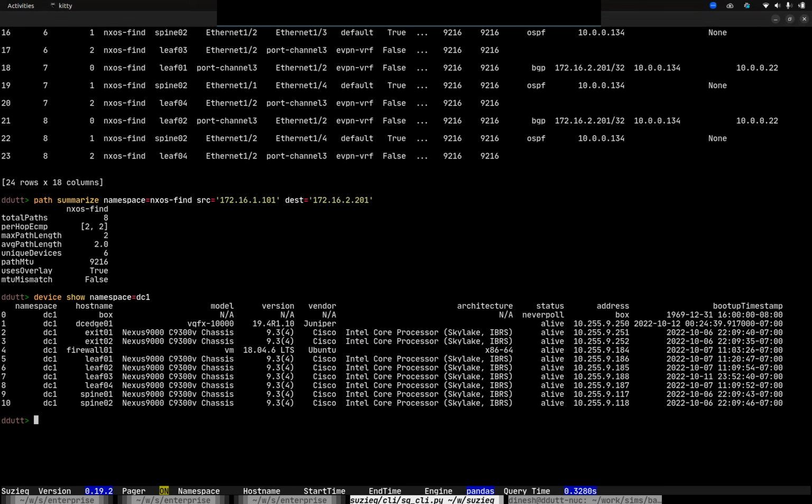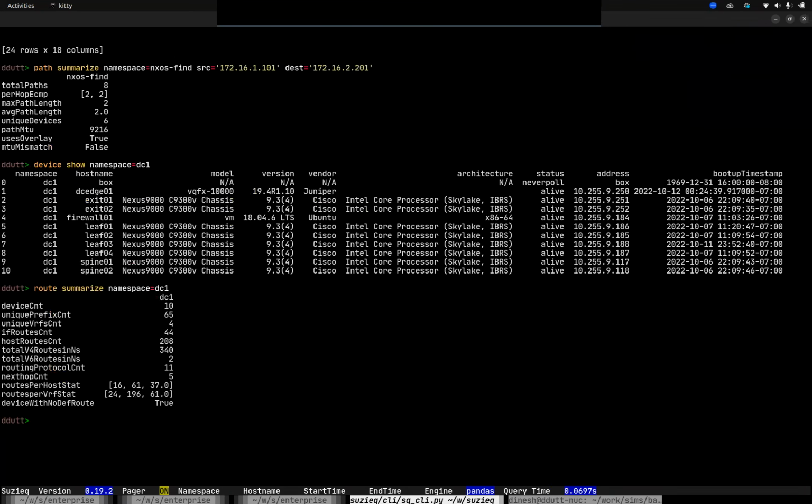The other thing, if there are no other questions here, and there are lots of these things, you can use route summarize again to see all kinds of interesting things. You can see how many unique prefixes are there, how many unique VRFs are there, how many of them are interface routes, meaning /30 and /31. I call /30 and /31 interface routes. So how many interface routes are present? How many host routes are present? Those are /32s. Total v4 count, total v6 count, how many different routing protocols are used, how many different next